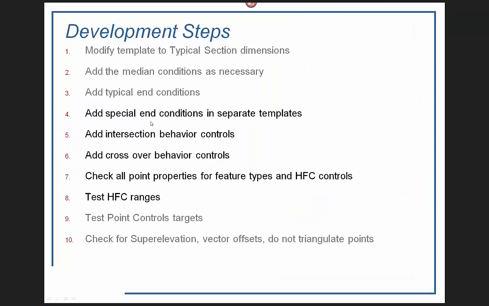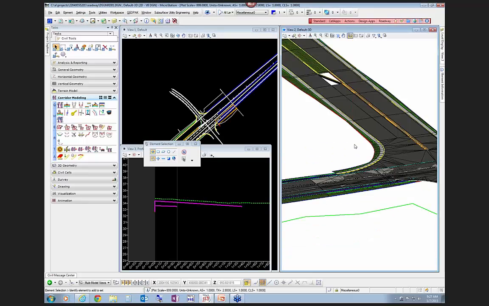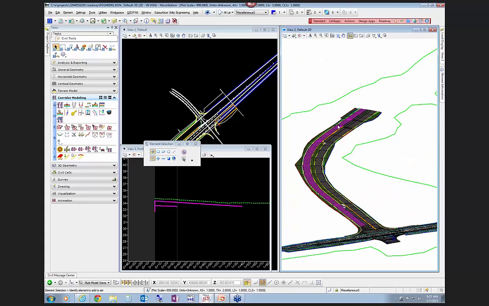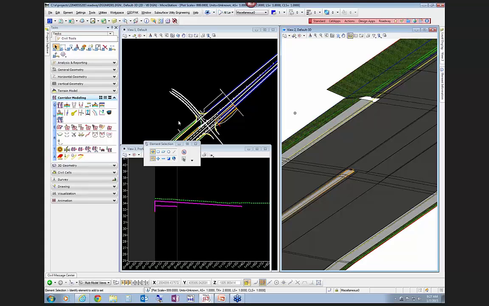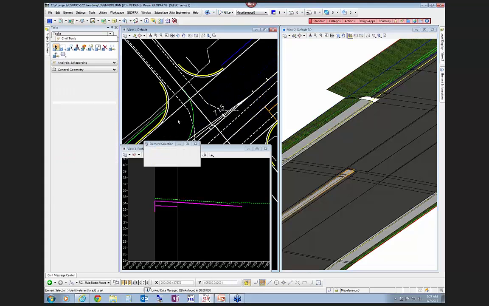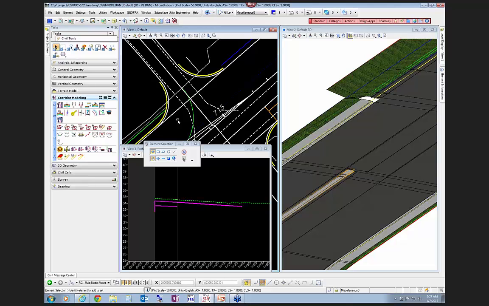particular item, and that is adding intersection behavior controls. What I mean by that is, you know, a lot of times when you go through an intersection, you don't necessarily want to have all your curb and gutter and everything like that shown in here. So there's a few different ways to do it, but one of the ways to do it is adding what's called a switch in your template, and that would be to basically just turn off everything if a certain condition happens. A switch is nothing more than another end condition type, and if you go into the template